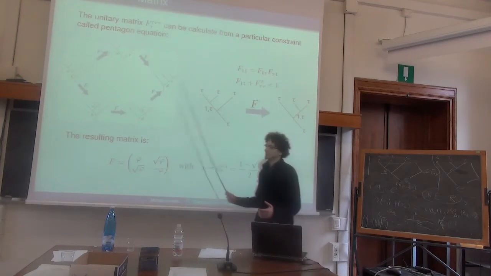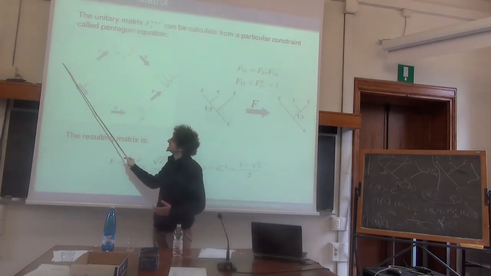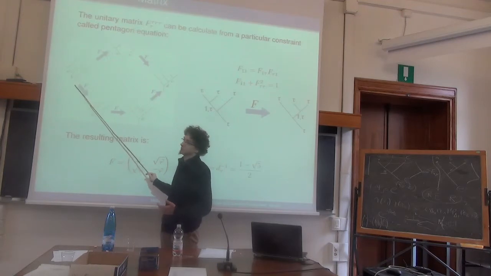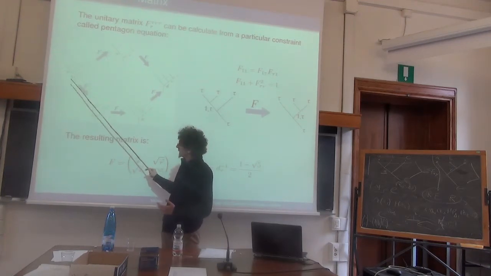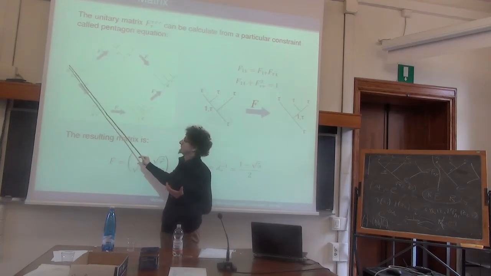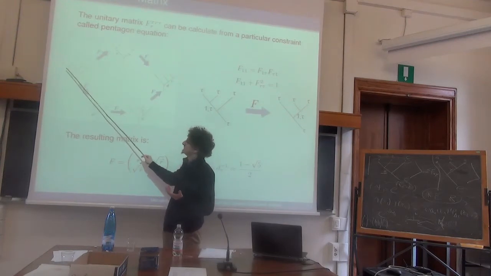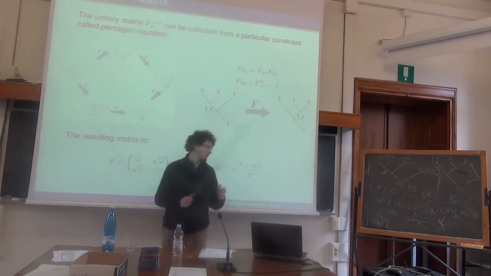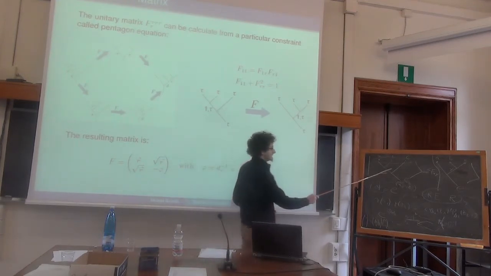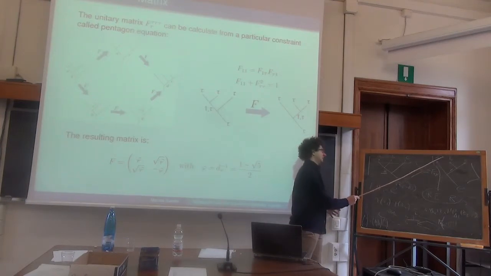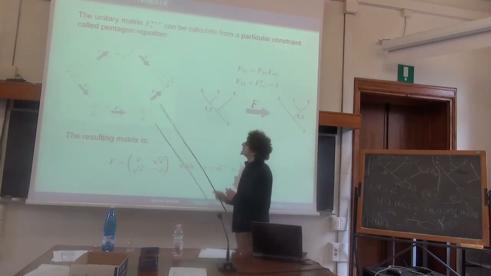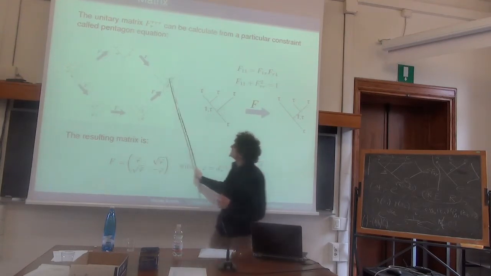In particular, what is this constraint? Let us consider a system in which you have 4 anyons that fuse into some total topological charge. And as I told you, you have some inner structure. So you may label each state of this system by specifying the fusion outcome of the first 2 anyons, and then the fusion outcome of the first 3 anyons. But you may change bases. And we saw that the F matrices are the matrices that allow changing the basis in the case of 3 anyons. So if I want to go from this basis to this basis,